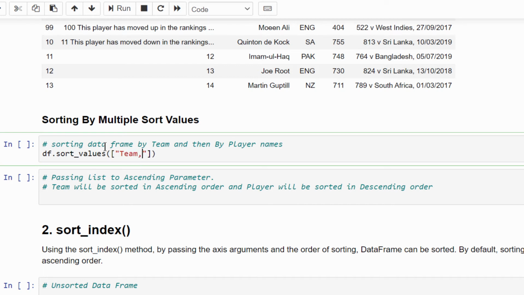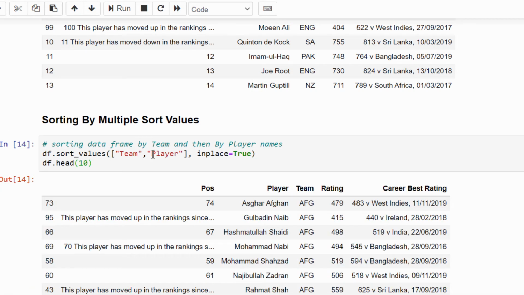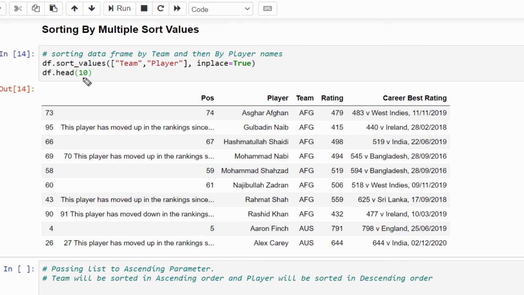So first team, then player, comma, inplace equal to true. Then df.head(10) values. Let's execute. What exactly happened here is it first sorts by the team column, so the team column will be sorted in ascending order.